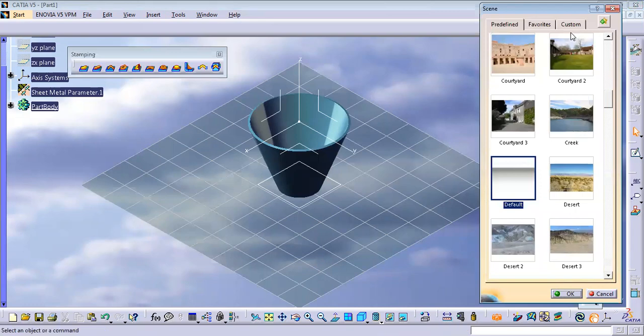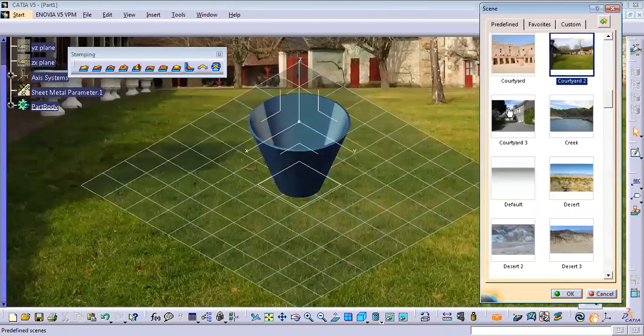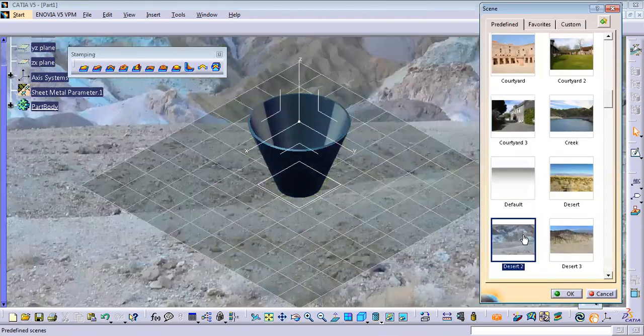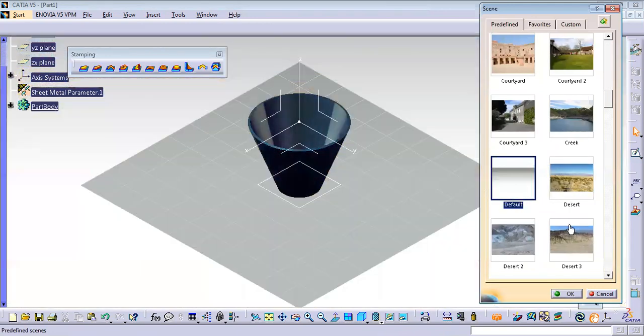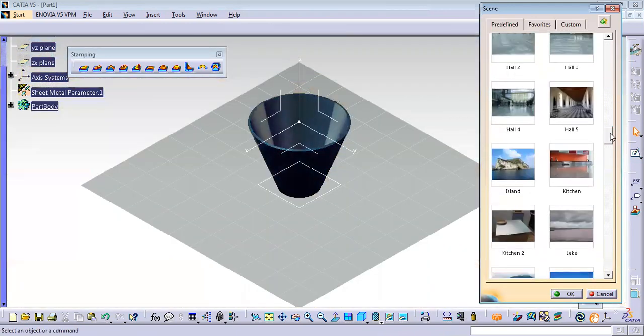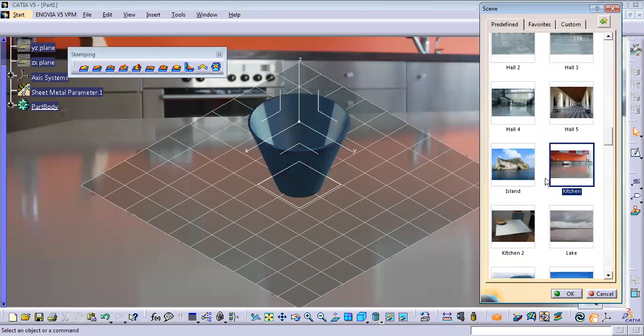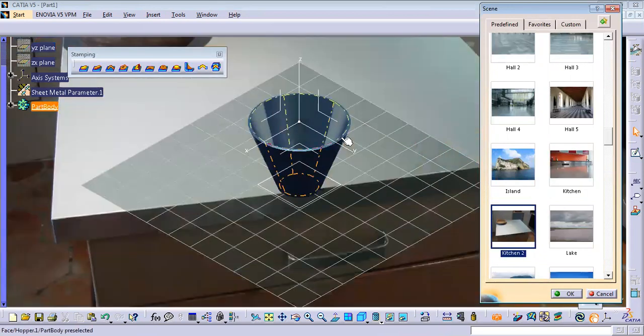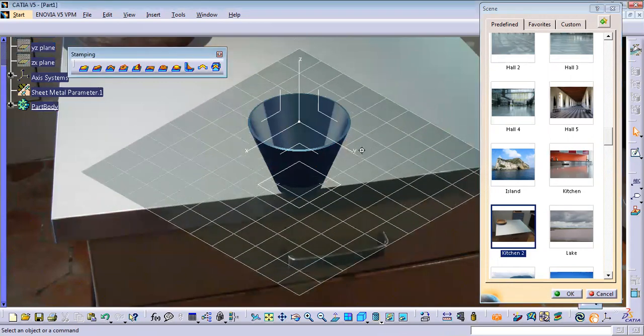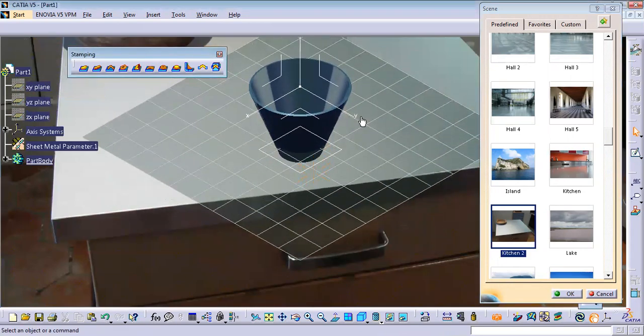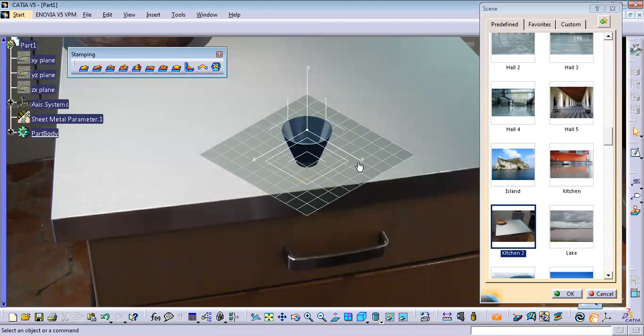See, you can add whatever scene you want to this. Just to get a realistic view, you can even download one and use it. I'll place it on a table, this kitchen table. You can place it, drag it wherever you want. You can put it like this. Even if you want to zoom in and zoom out, you can do that.